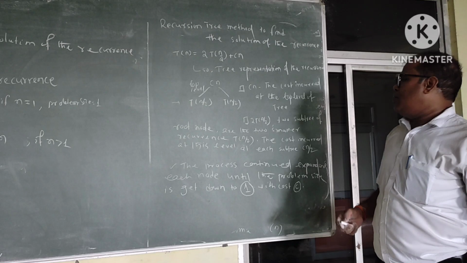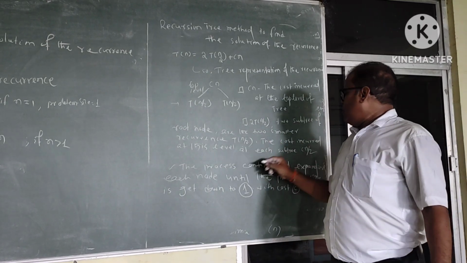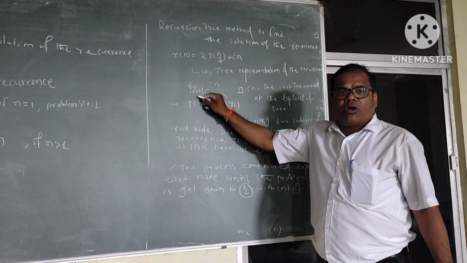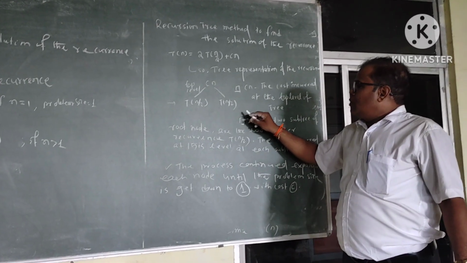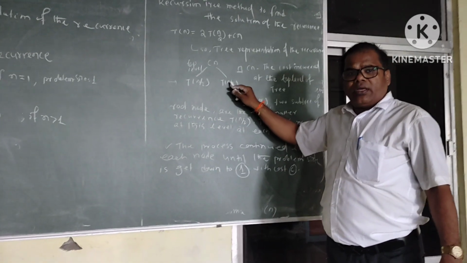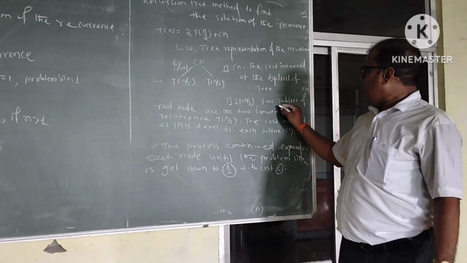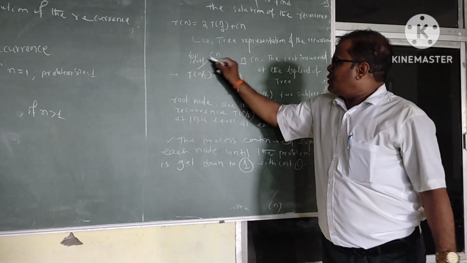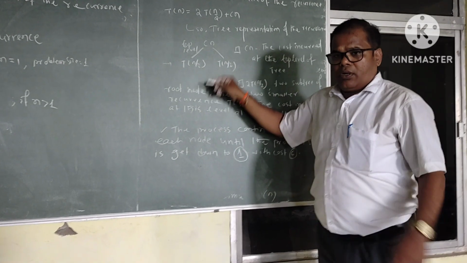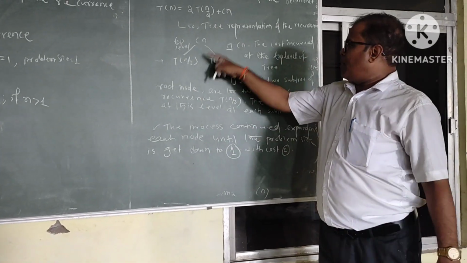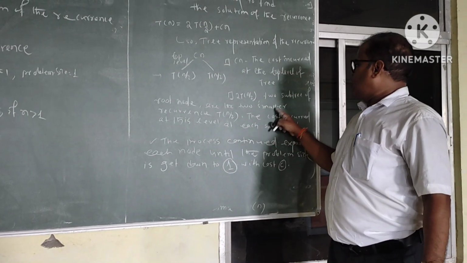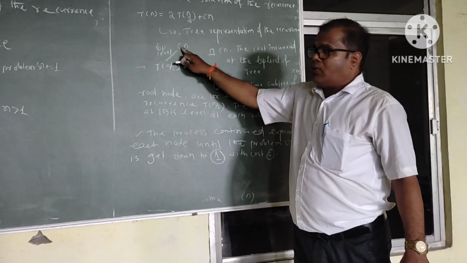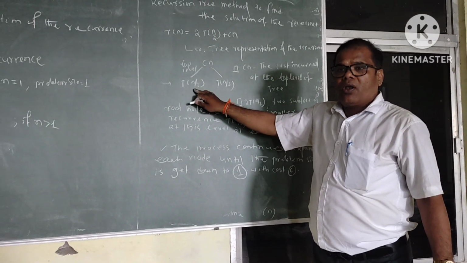To understand what we are writing here, we have written the recurrence form of the subtree. The left subtree is called T(n/2), and the recurrence form of the right subtree is also T(n/2). So we have written here the two subtrees of the root node. Each may go on expanding, because the two subtrees of the root node are further smaller recurrences. That is very important.